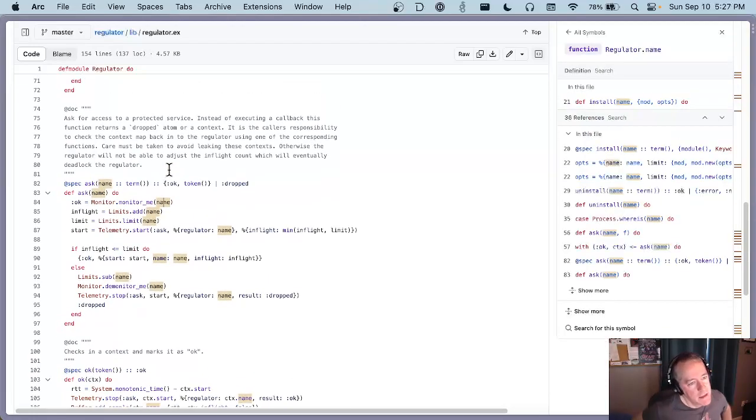And that's so that the limiter can track tokens that were dropped by processes that exited unexpectedly. So that's reasonable. But if this monitor has not started before we call ask,